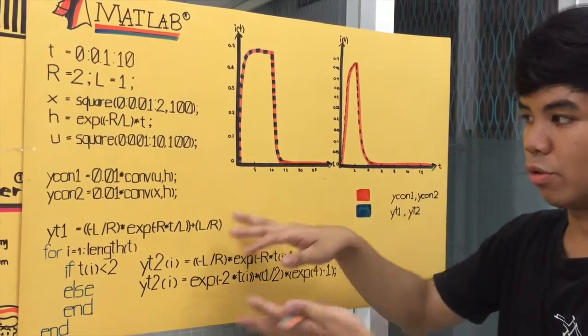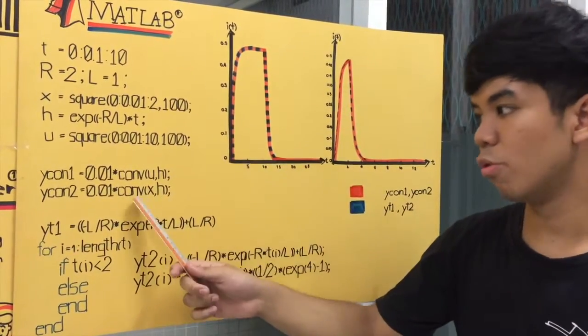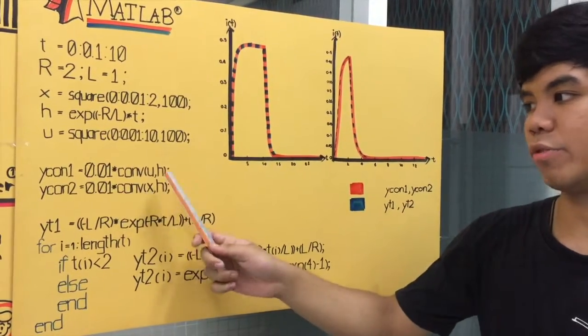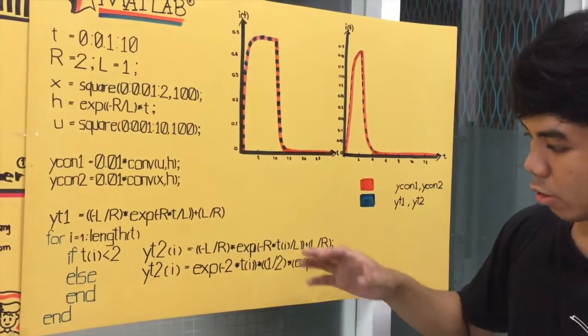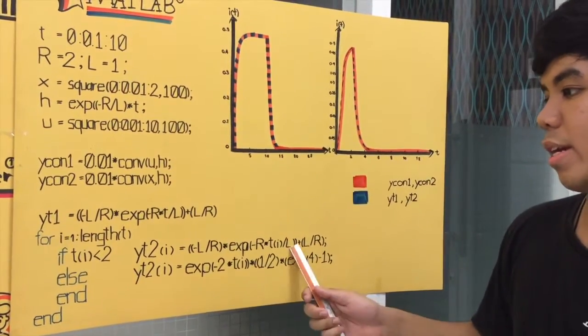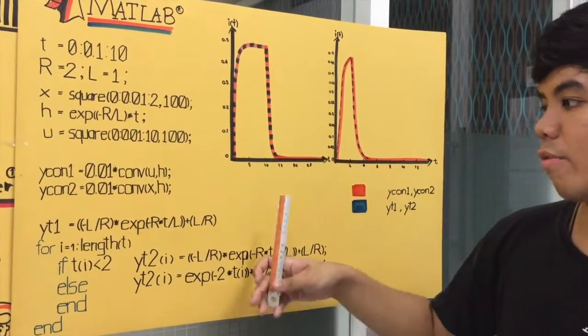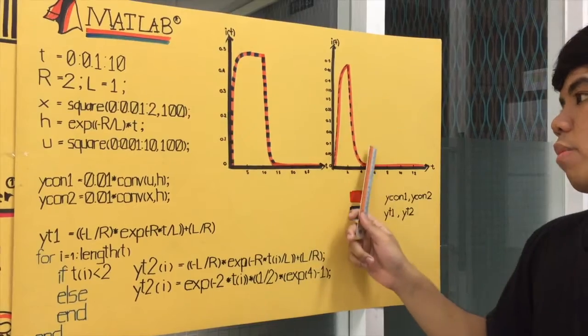So we separate into two calculations. First, we use the convolution function, which is conv, as you can see here, with two functions, and then we put in another code here, which is the manual code. We write it manually, and then we compile and run together to plot the graph. As you can see, this is for the first problem and the second problem.